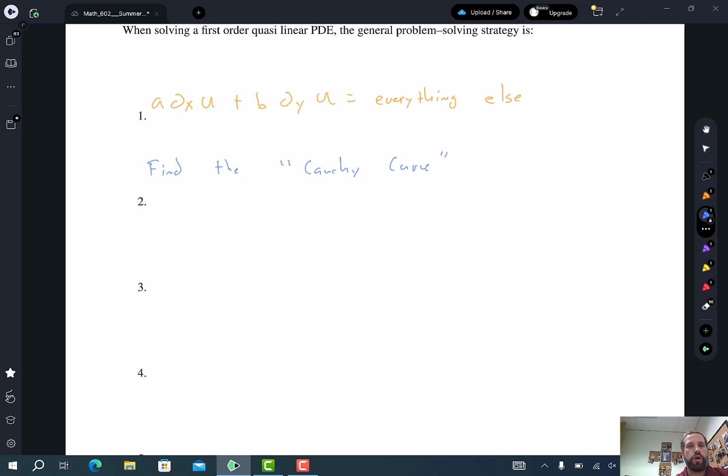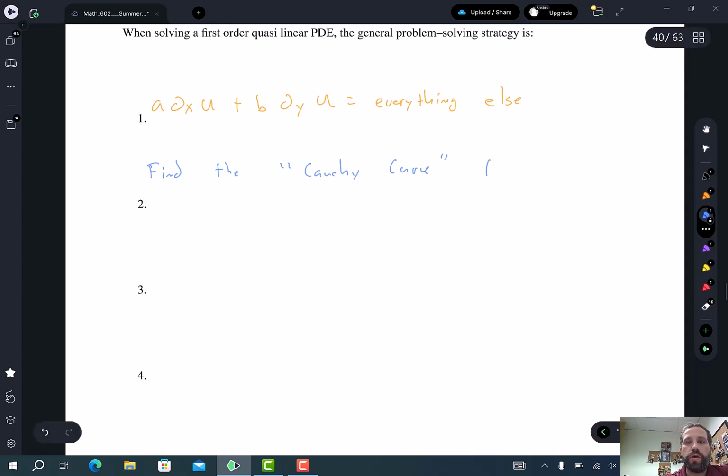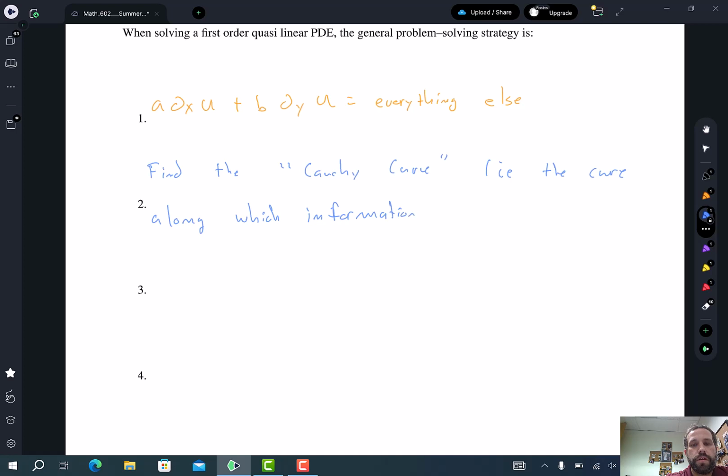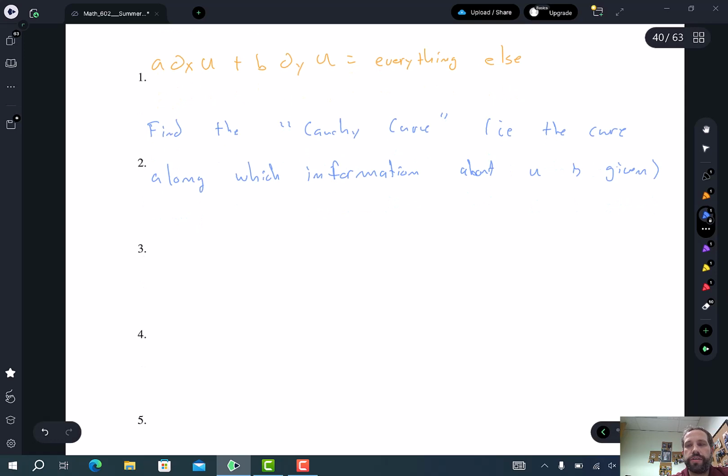That's going to be the curve along which I know u, i.e. the curve along which information about u is given. Okay, so once I do these two things, the next thing that I can do is write down